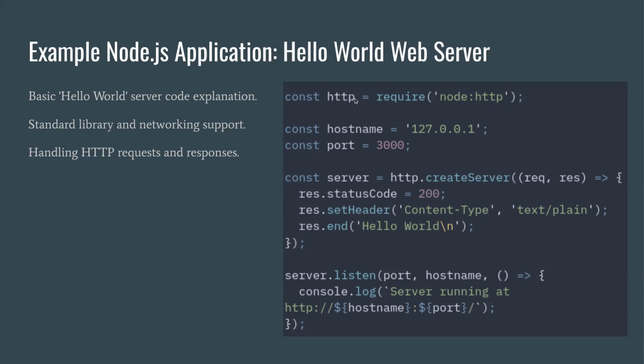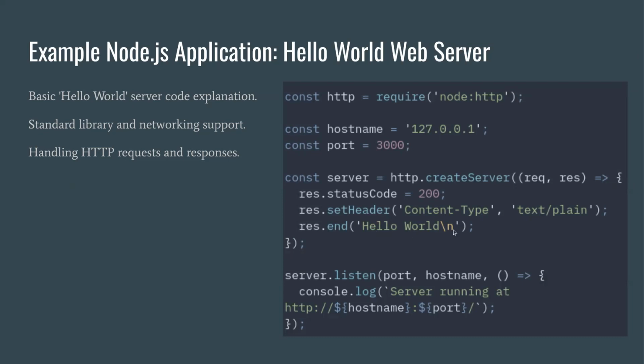And then what happens is we specify the host name and a port, and by calling the createServer method in the HTTP library, we create a server, and this server gets a request and returns a response, and we put the response's status code, the HTTP status code, to be 200, and we put the response's header so that client and server all know that the content type is just plain text, and as a message, it